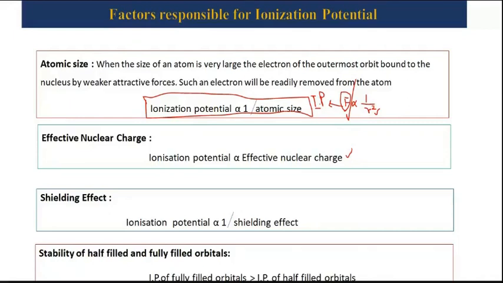Similarly, in case of any element, even though the same atom is present, the force of attraction is going to vary because of the presence of so many electrons in the various shells, and those electrons will try to shield the last electron. जैसे आप लोग नहीं करते हैं, किसी दोस्त को बचाना होता है तो हम ऐसा 20-40 स्टूडेंट रख देंगे तो समझ में नहीं आएगा टीचर। So same thing the element used to do it, and in that case the ionization potential is proportional to effective nuclear charge, और शील्डिंग के इनवर्सली होगा।